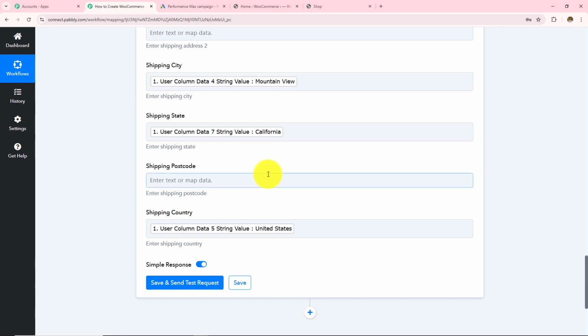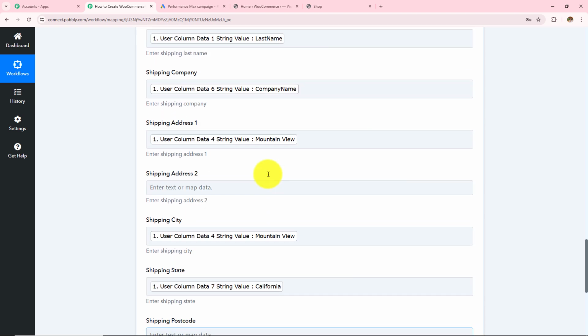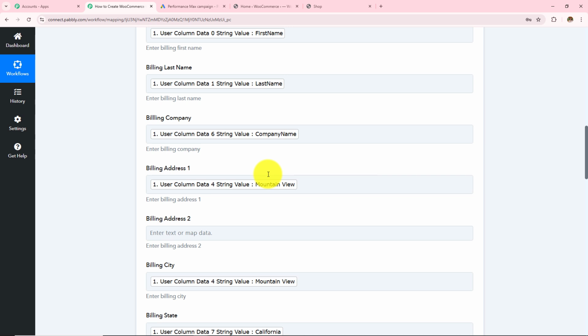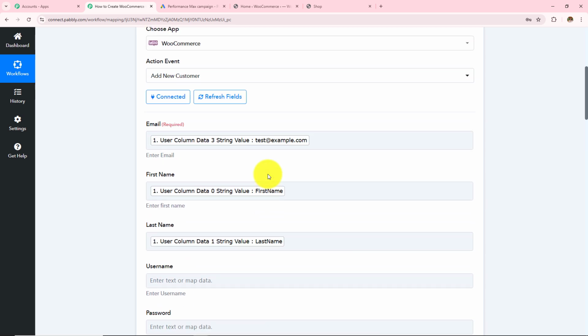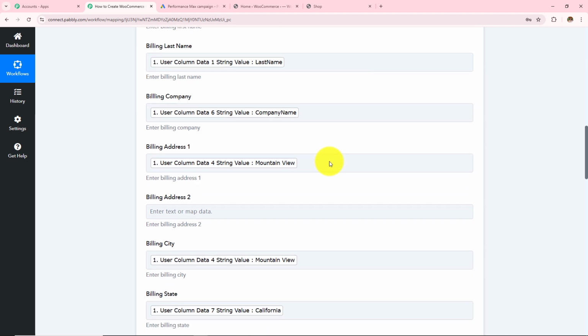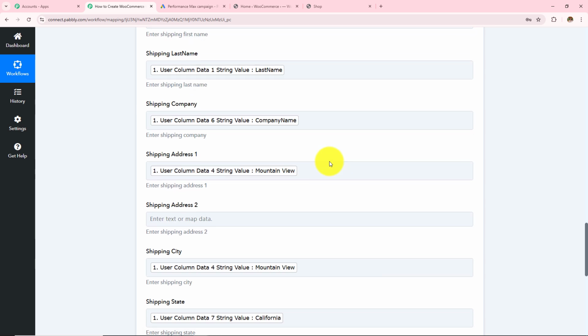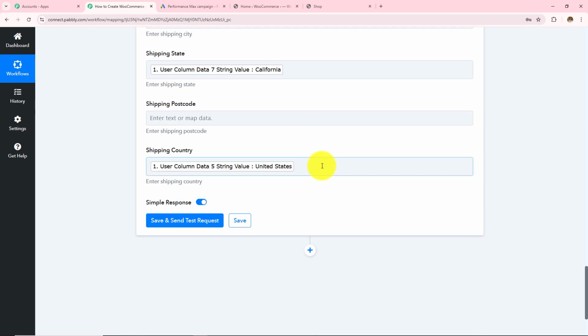So now after entering all these details, mapping is important so that every time you receive a new response, it is taken into consideration in these fields. Manually entering the data will make these fields static and the information will not change even if you have received a new response. Over here, if I manually enter any detail, this field will become static, and every time I receive a new response, the result will not change. So as to keep these fields dynamic, we use this process, mapping, instead of manually entering the details.